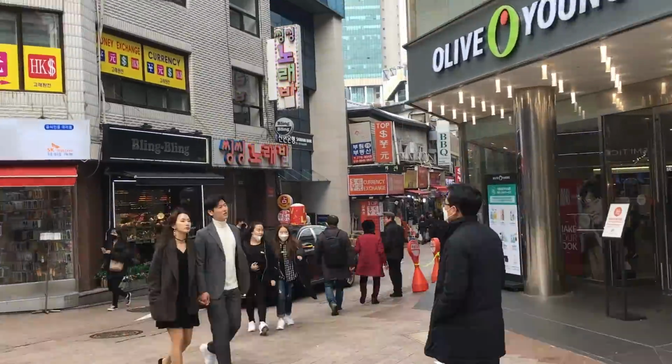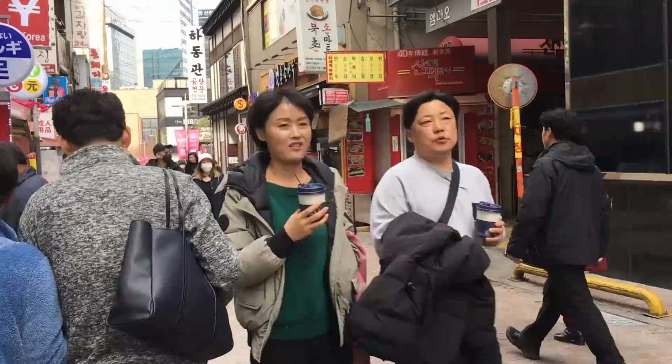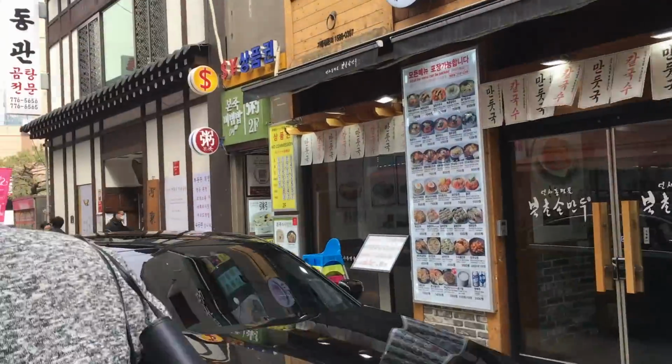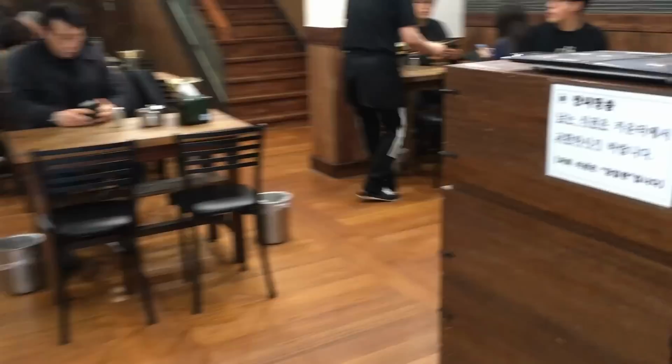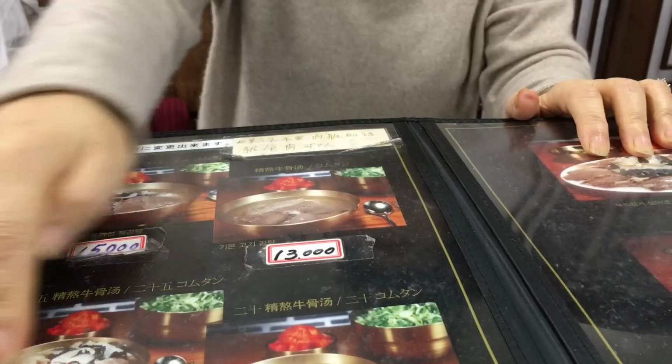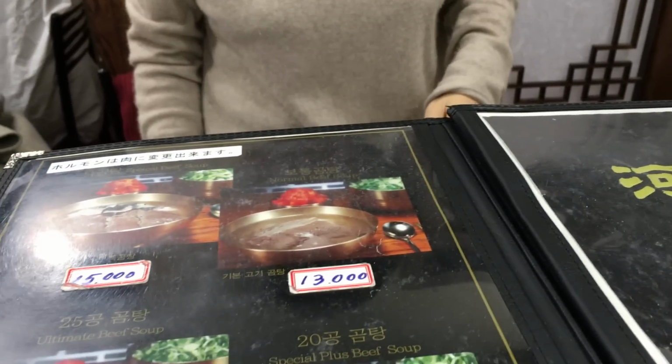So if you're standing at Looki B and you look across the street, you'll see an Olive Young, and you want to cross the street and head down this direction, and I'll show you where you can find another really good old school soup place. Colm Tong is another rich Korean beef broth, and this is a restaurant that specializes in Colm Tong. It's been around for quite a while. I think it's 60 or 80 years old,